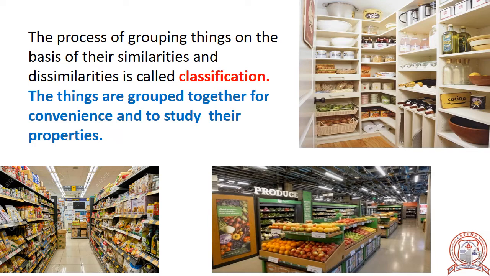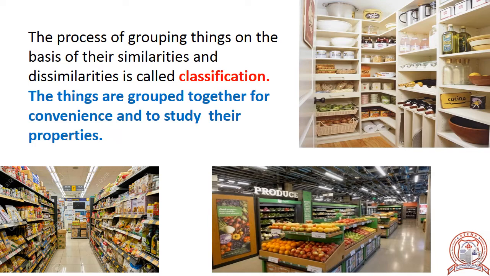Look at the picture given here. You can see a storeroom picture here. Another supermarket picture is here. We all go to a shopping mall or supermarket to buy things, right? Do you notice how the things are arranged in the malls, shops, and even our houses? The things are arranged in such a way that we can easily find the things we are searching for.